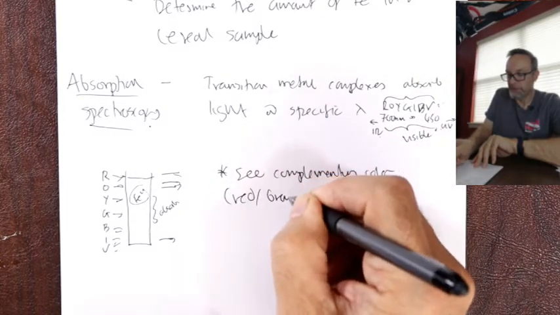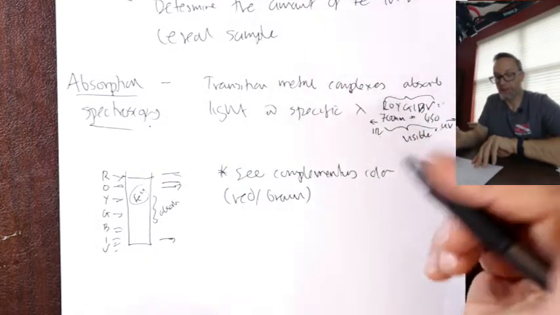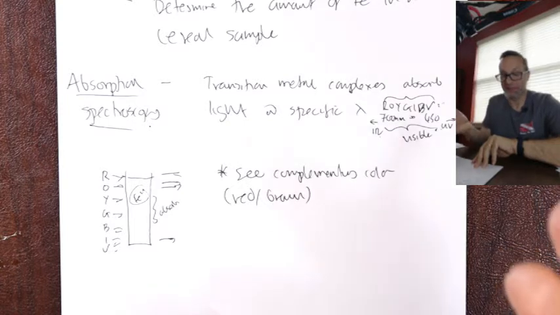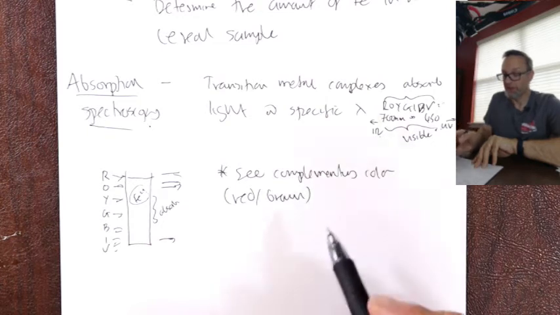Reddish brown. Okay, so that's the kind of color of rusty water, right? So reddy brown color. That's because the white light that comes from the sun hits the rust, and essentially it absorbs the green light and you see what's left, the complementary color, right? Okay, so